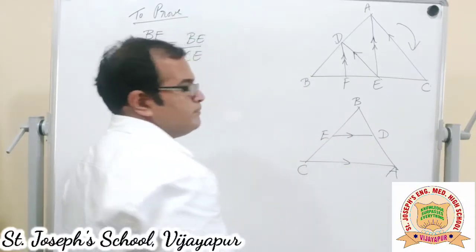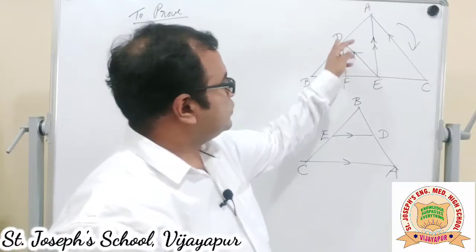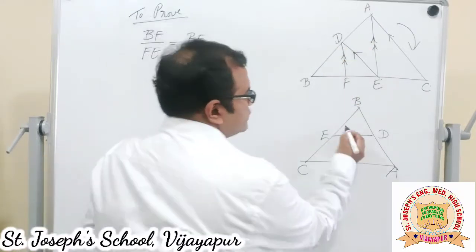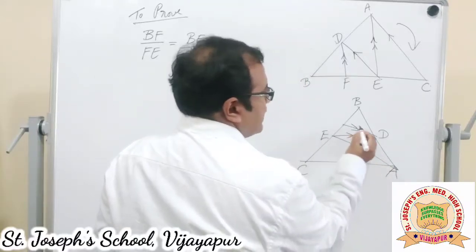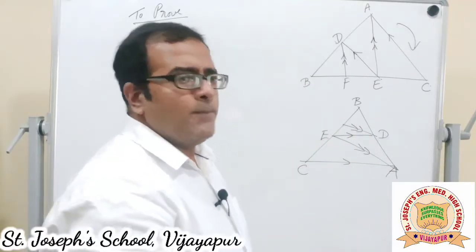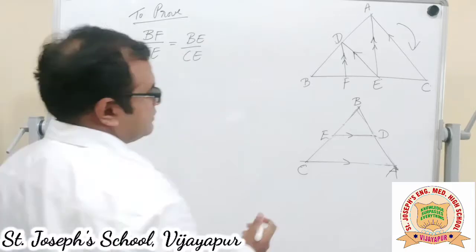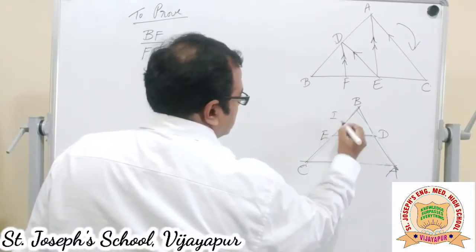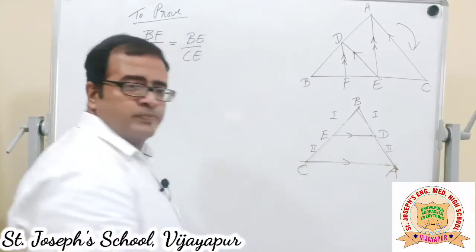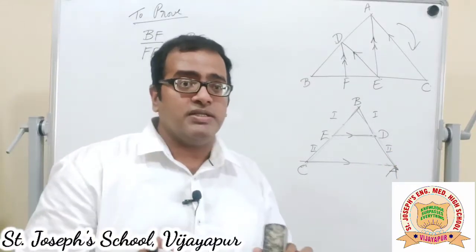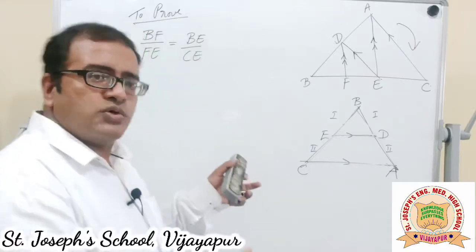These two are parallel. Let us not concentrate on these two lines, DF and AE. Actually there is a DF and AE line. These two are further parallel. One more set of parallel lines is there, but we will not concentrate on that. So, this is the first part, second part, first part, second part. This is not a convention. This is just a trick I use. So, you could follow this.